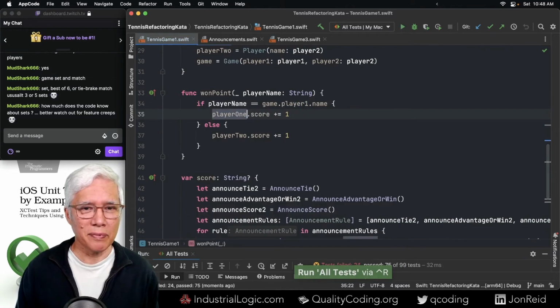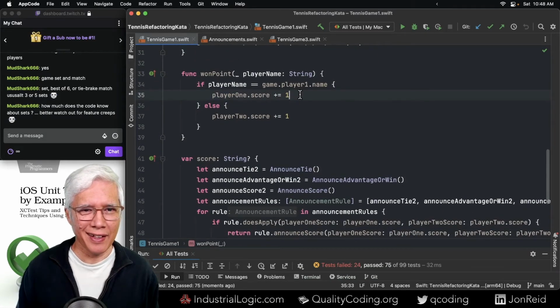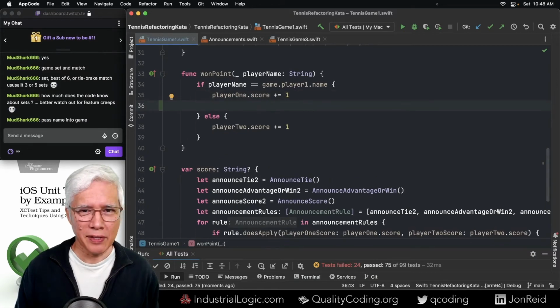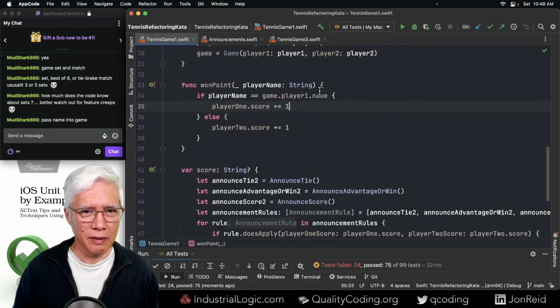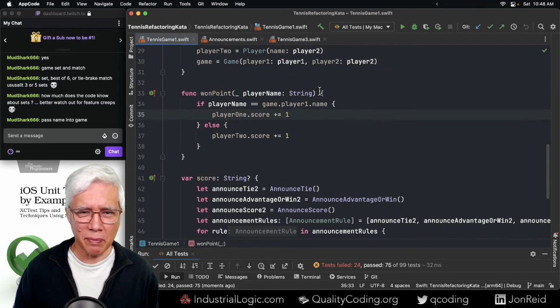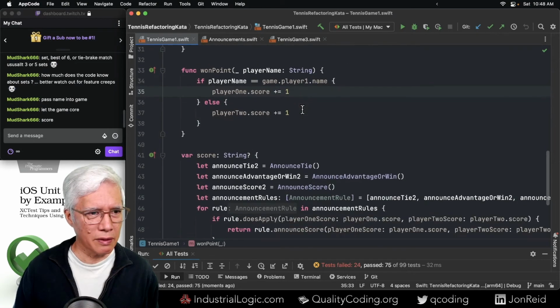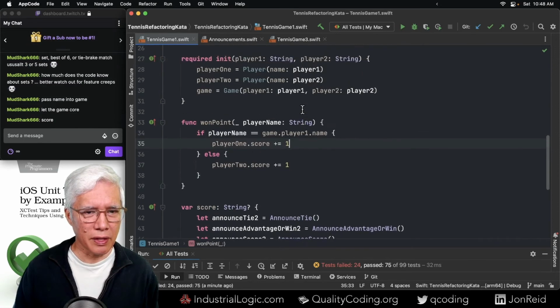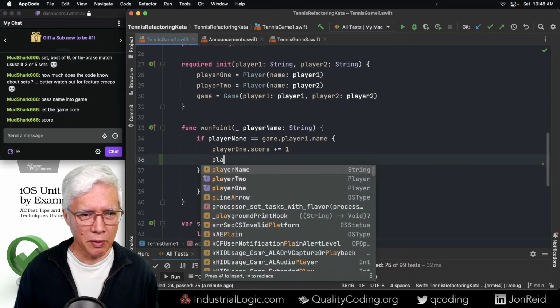Pass in a name. Pass name into game. I do think I need to increment both. Let the game do the scoring? Maybe. But for now,